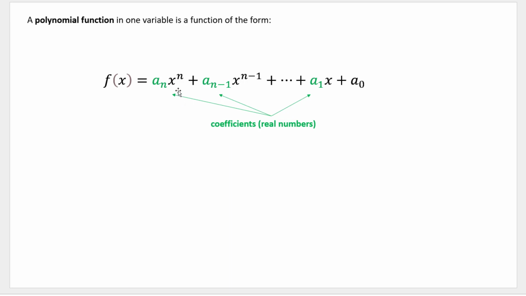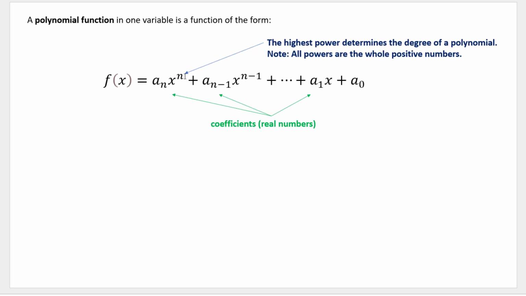Right in front of each variable x, we have a coefficient. They are denoted by a sub n minus 1, and so on. These are the real number coefficients. The very first term contains x with the highest power, and the highest power determines the degree of a polynomial. Please note that all powers must be whole positive numbers in order for this kind of function to be a